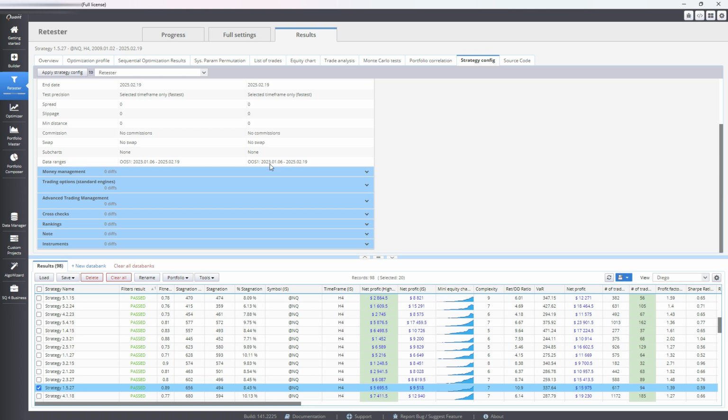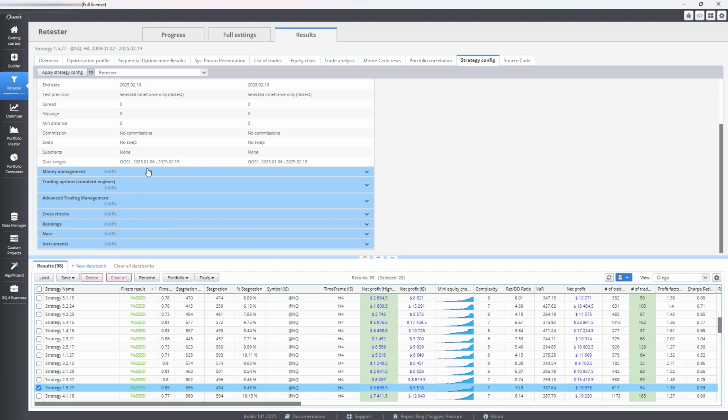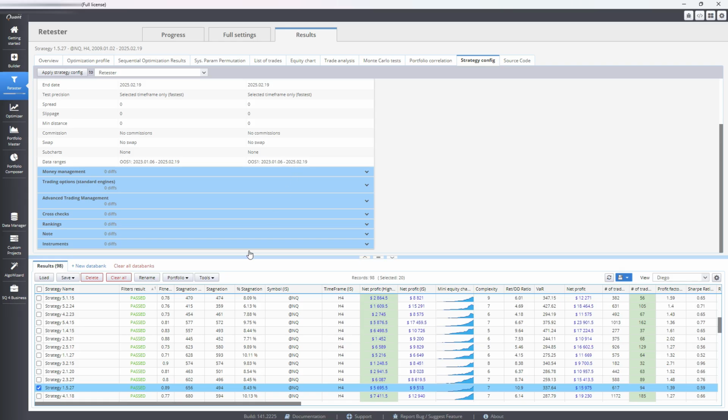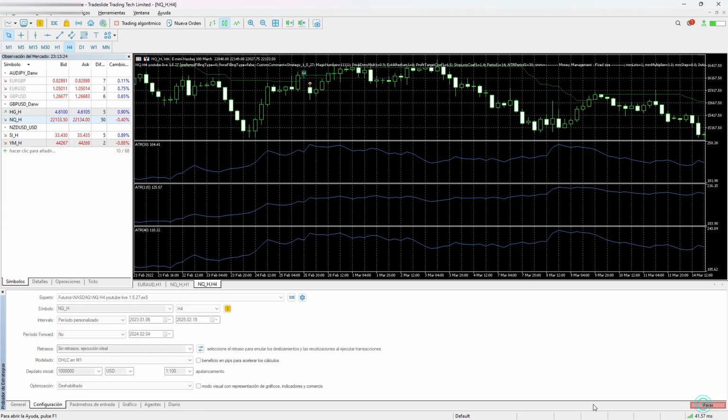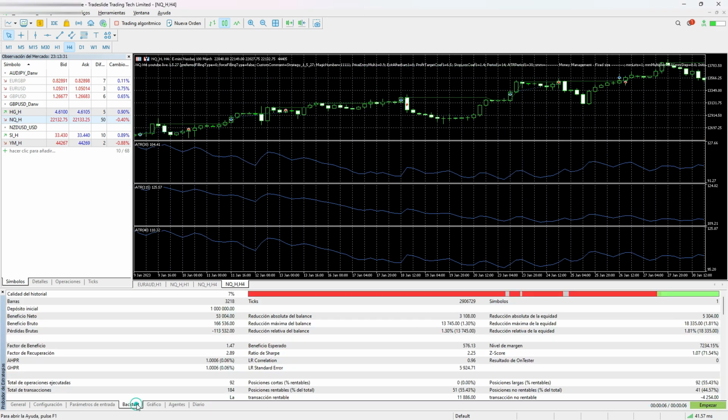I should have put 2022, but let's see, 2023 of June. No, this is January, 6th of January to 2025, 19. So if I click here again and if I go to backtest, I should see approximately 94 trades, right? And voila, I see 92 and I'm earning 53,000,